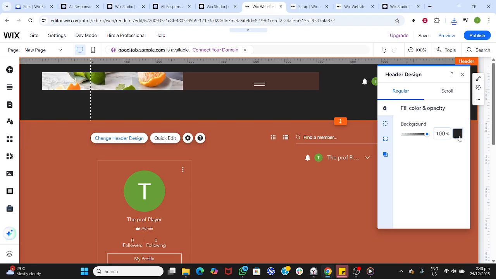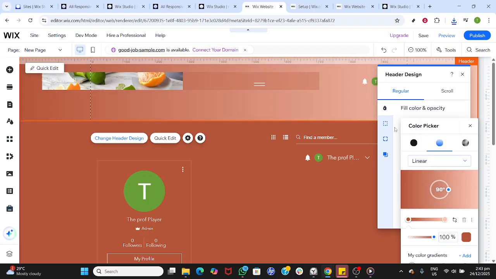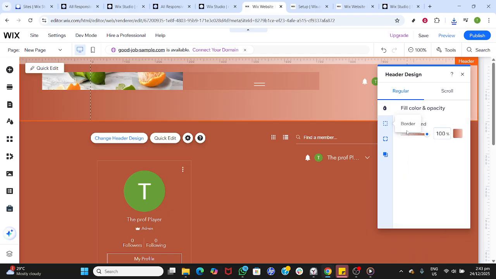Next, go to Fill Color and Opacity. Pick a background color that fits your brand, then use the opacity slider to control how solid or transparent the header appears. A solid color gives the most consistent look. A slightly transparent header can be stylish over hero images, but make sure your text and icons still have enough